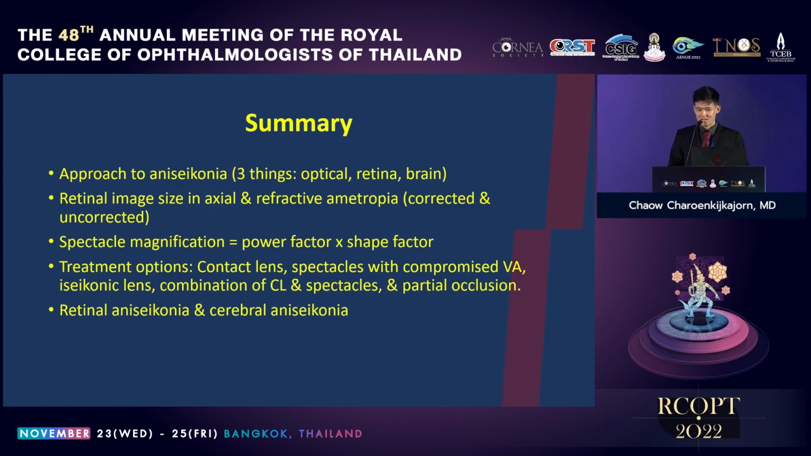Spectacle, we can compromise the lens power. We can use an aniseikonic lens. We can combine contact lens and spectacle to make a telescope, and we can always occlude one eye. And we also reviewed other causes of aniseikonia, which are